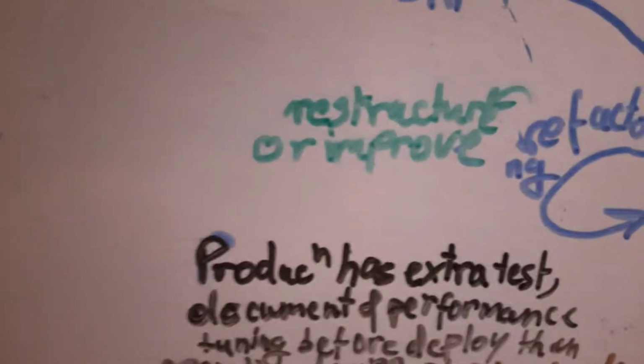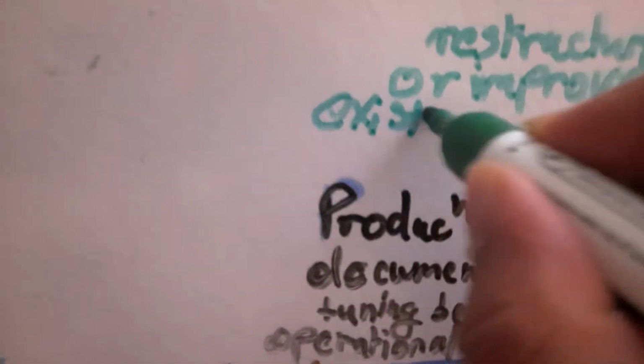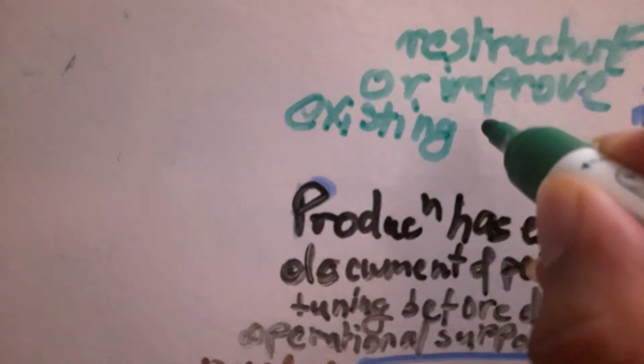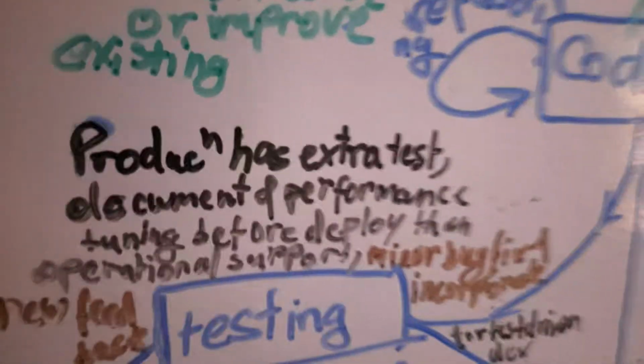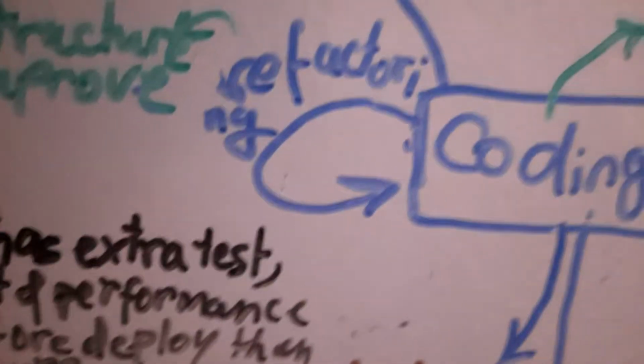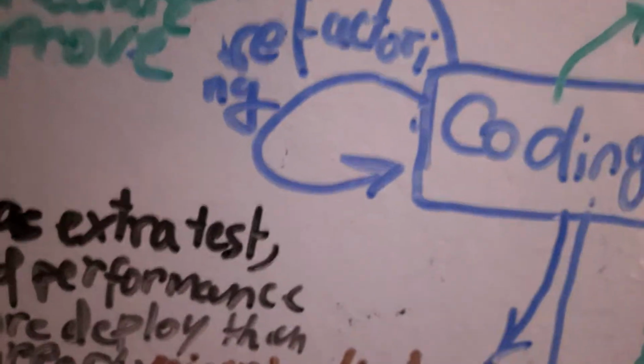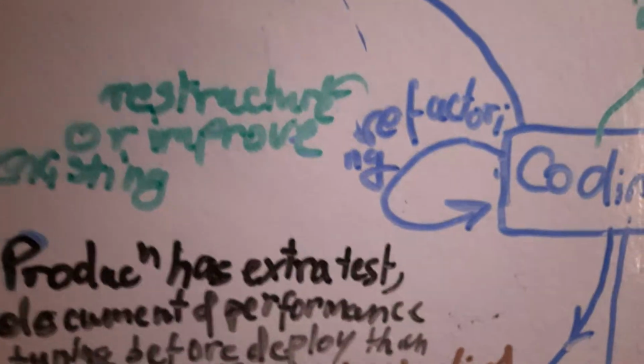What I'm saying, restructuring or improving existing. Oh my hands, bro, crazy. I have to take a break or my hands would fall off, bro. Damn. Restructuring and or improving existing